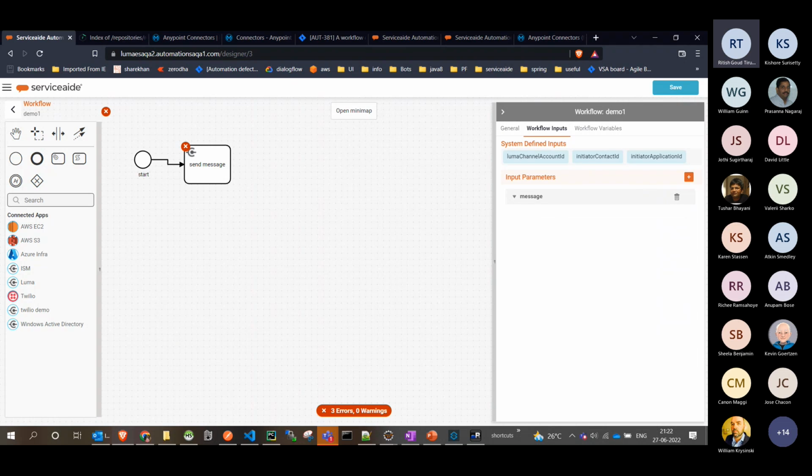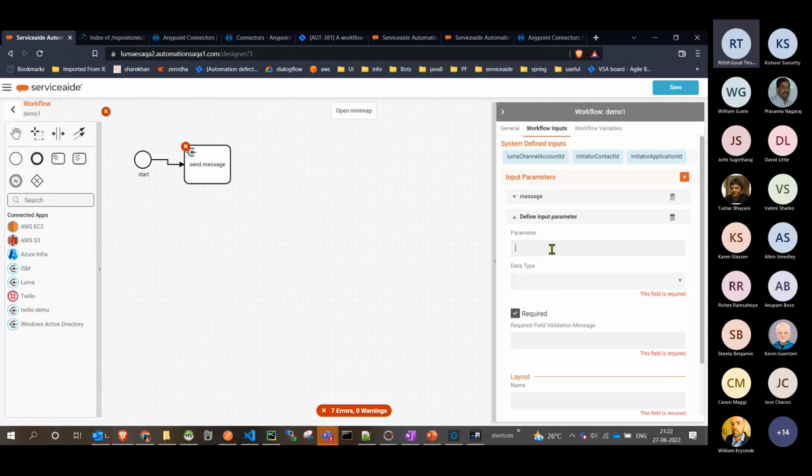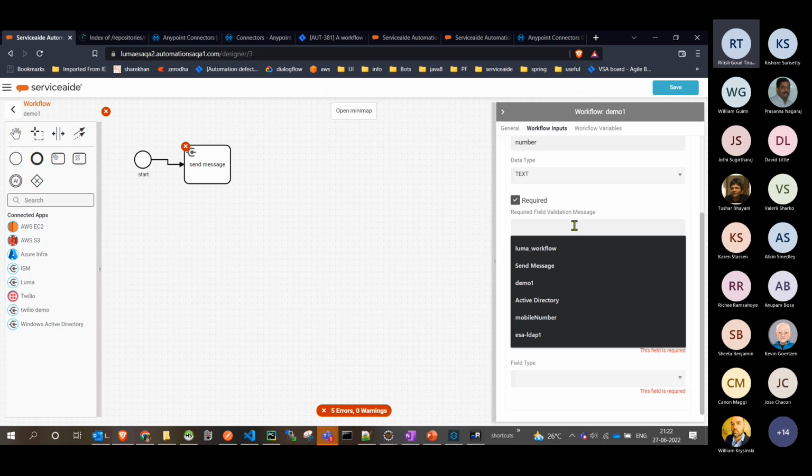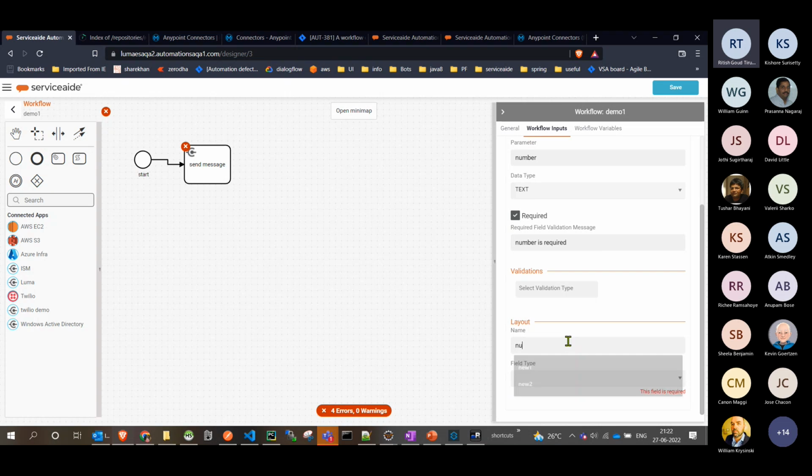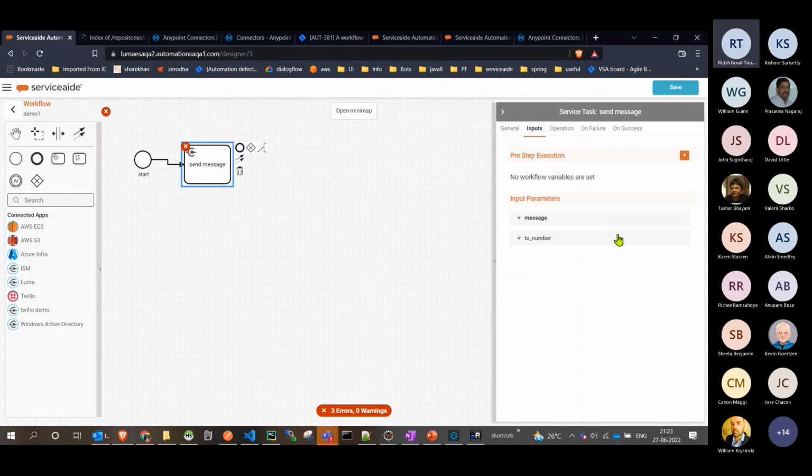And one more parameter I need is toNumber. Just put it as number. So I'll go and in the input parameters, I'll